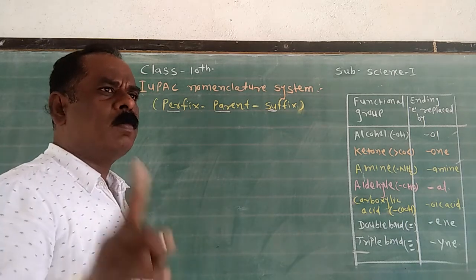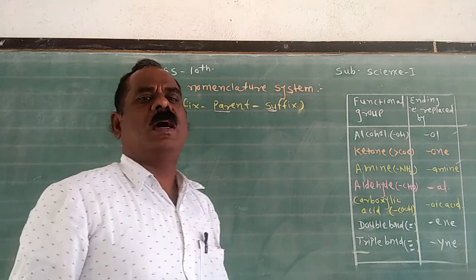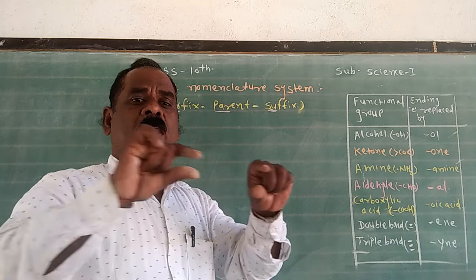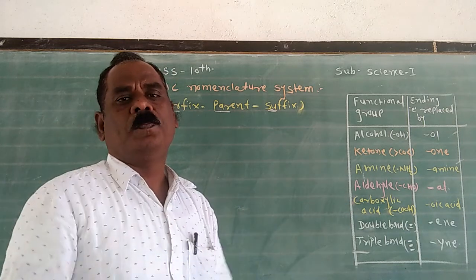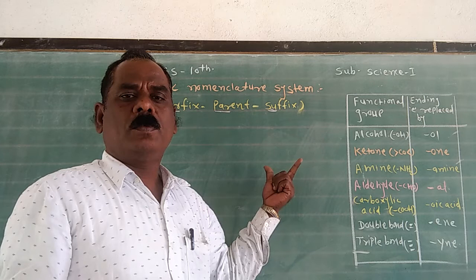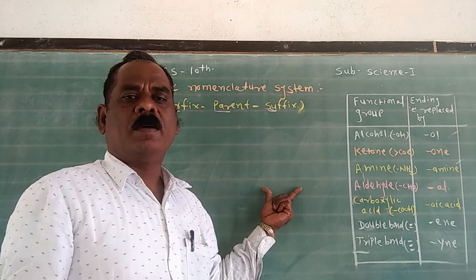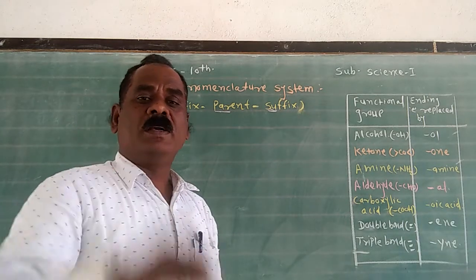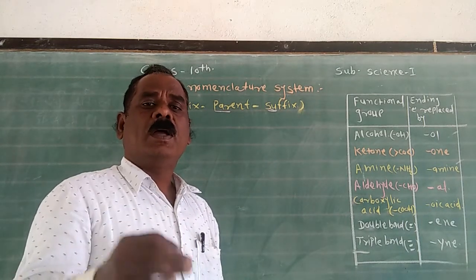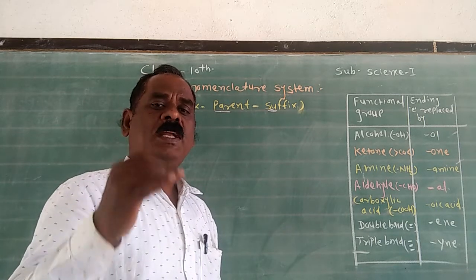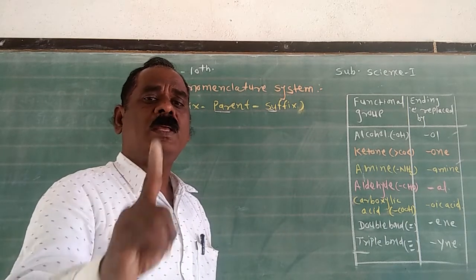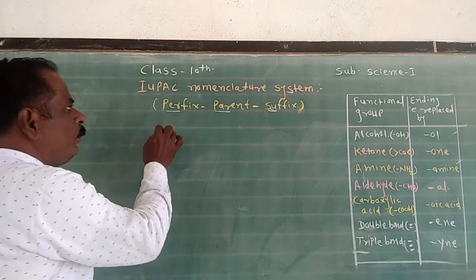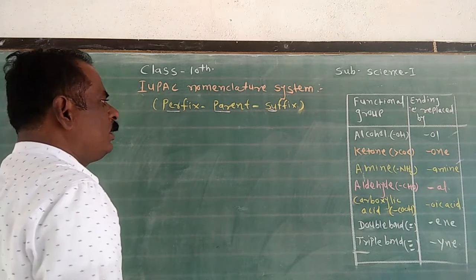In the first step, remember one important point: in the 10th class, only straight chain hydrocarbons containing a functional group are included in your syllabus. Branched chains and two functional groups are not included. Therefore, try to understand how to write the IUPAC names of straight chain hydrocarbon compounds containing only one functional group. Try to understand the first step used in IUPAC nomenclature.